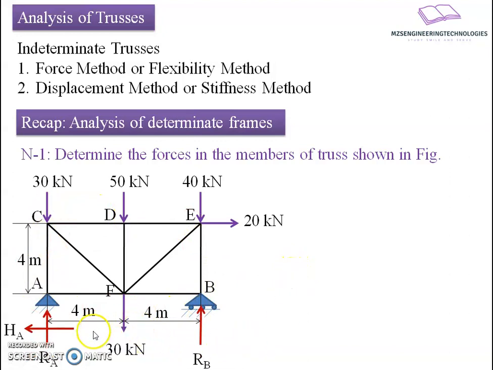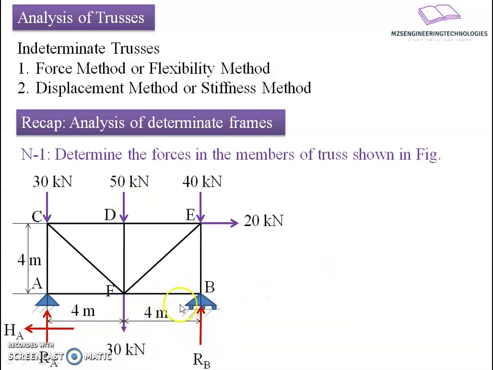Next, I will find out the unknown reactive forces developed due to end restraints. There are two reactive forces at end A and one reactive force at end B. At A the support is a hinge support, and at B the support is a roller support. Now, our job is to find these unknown forces. For that, I am going to utilize the available equilibrium equations.